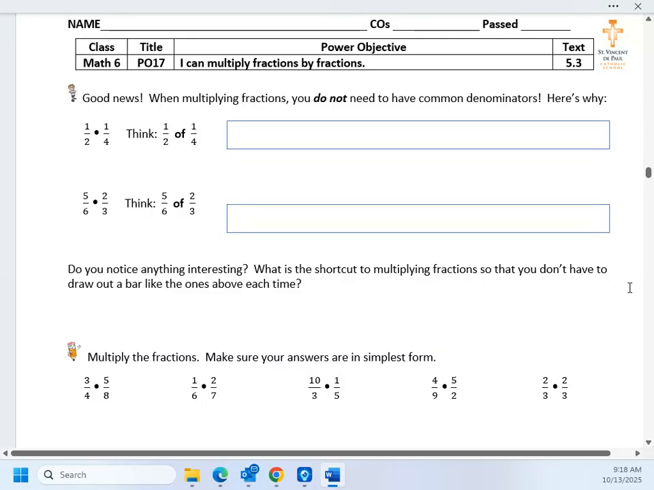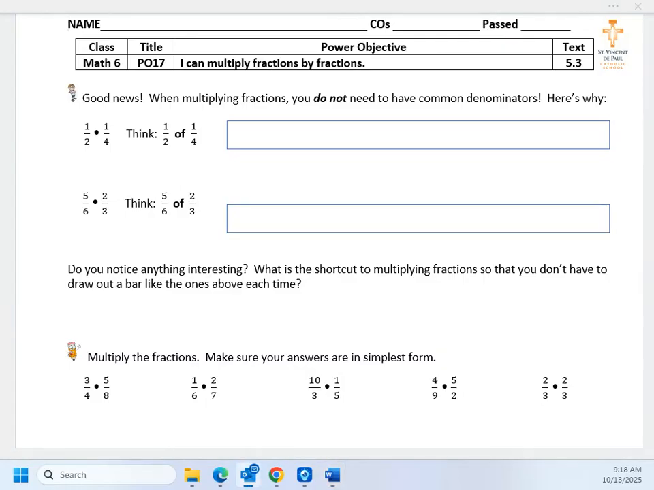All right, so 1/2 times 1/4. Think of 1/2 of 1/4. Because when we multiply, another word for multiplying is "of." 1/2 of 1/4 means 1/2 times 1/4. So if we have,